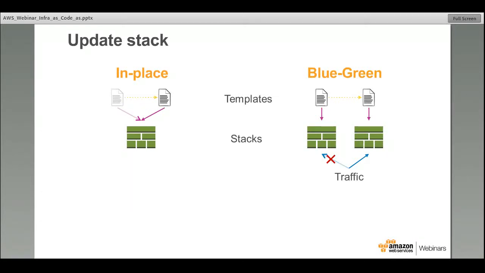The alternative is to do what we call blue-green deployment. What it means is that you update the template, and instead of touching an existing stack, you just create a new stack from scratch, make sure that stack is healthy, and move the traffic or whatever work your stack is doing to the new stack in a gradual way. And once the new stack is completely operational and tried and tested, then you can get rid of the old stack. And there are pros and cons to both types of updates, in-place update and blue-green deployment.